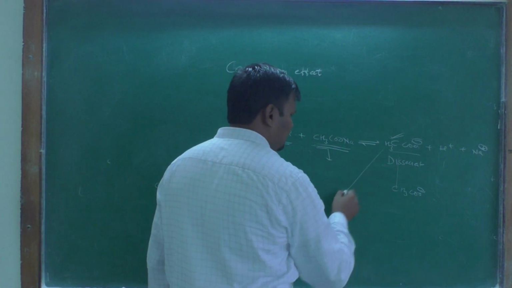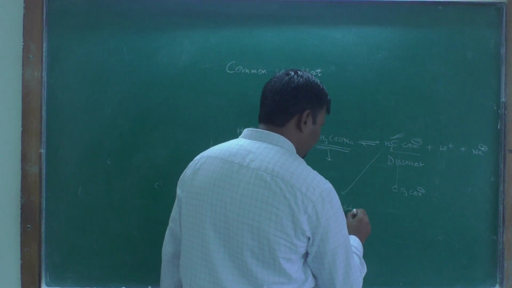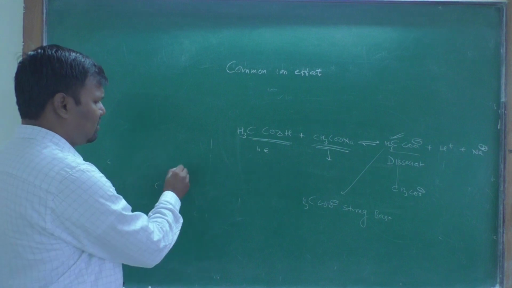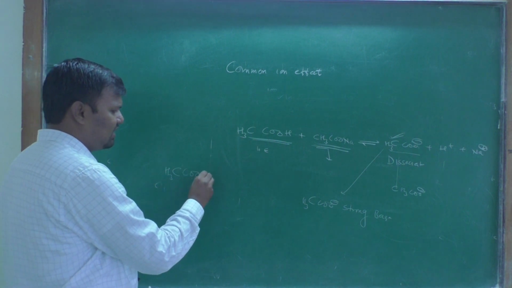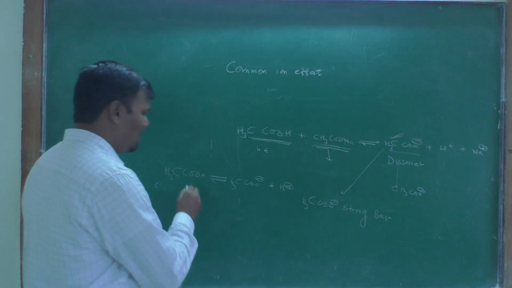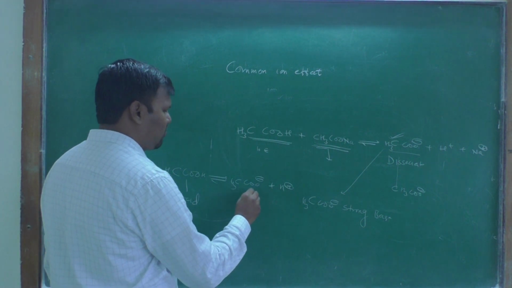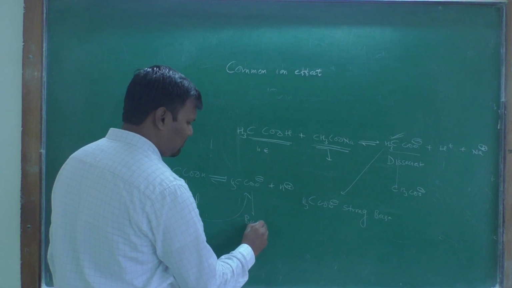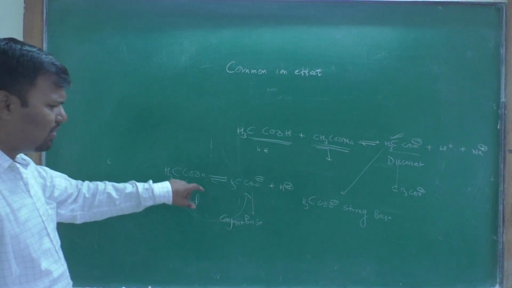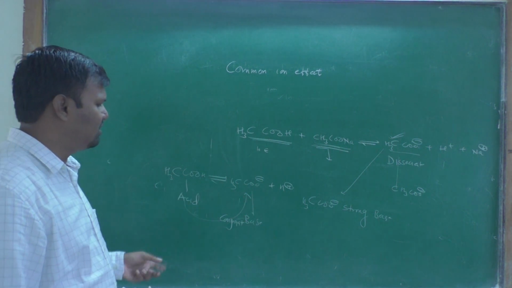and in this case the CH3COO minus is a strong base. Remember, it is a strong base. If you consider CH3COOH as an acid, it gives CH3COO minus and H plus ions. After losing H plus, what is obtained is a base. This is the conjugate base of that acid. After losing H plus ions, any acid gives a negatively charged anion, which is the conjugate base of this acid.